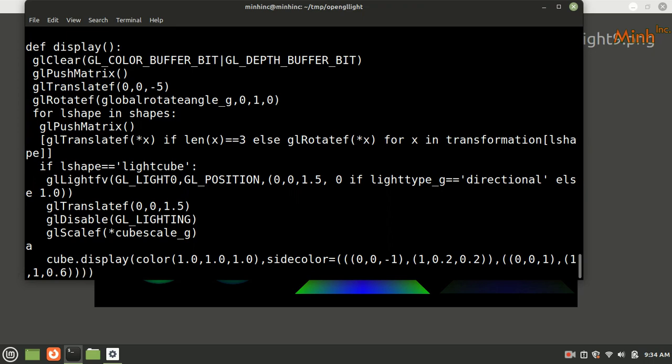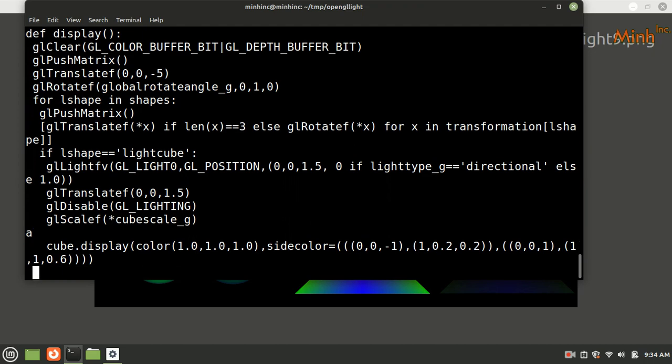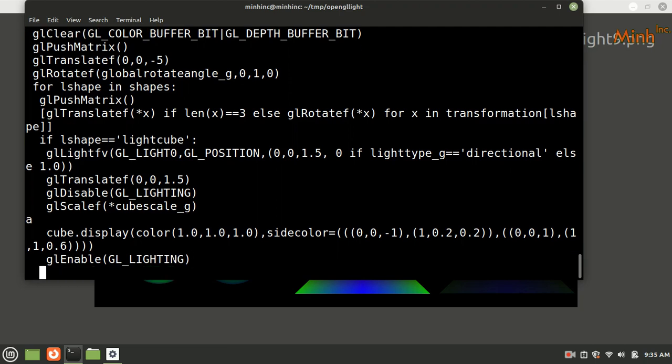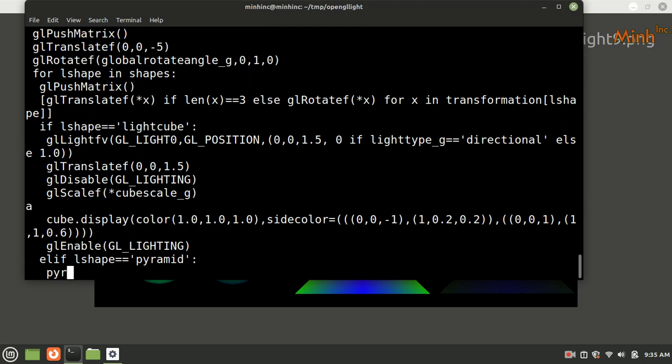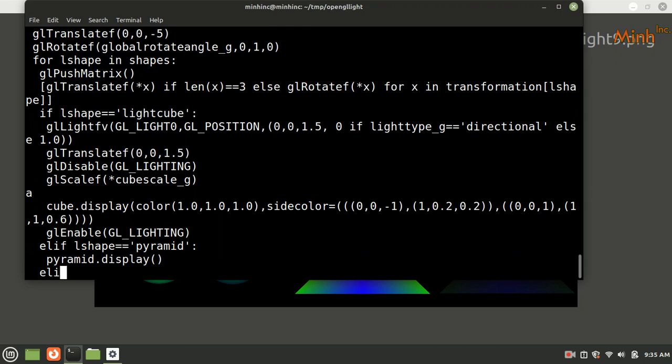Okay. Now we will enable the lighting. We disabled because the cube would not be drawn nicely. Enable GL lighting. Okay. If L shape equal to pyramid, dot display with the default argument, if L shape equal to sphere,